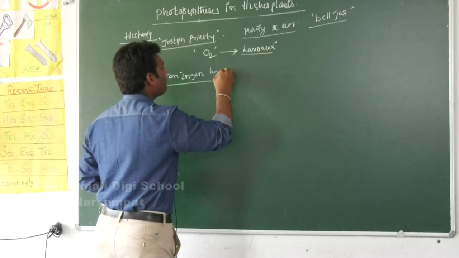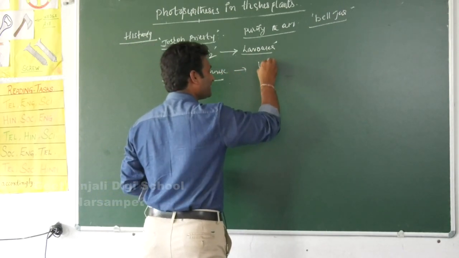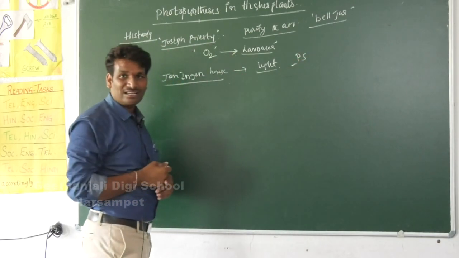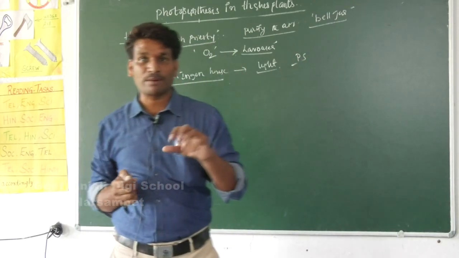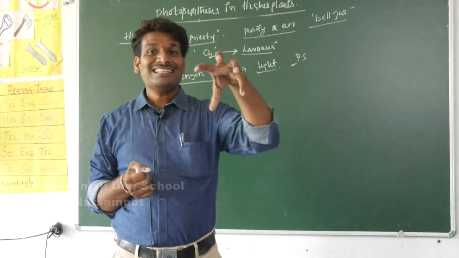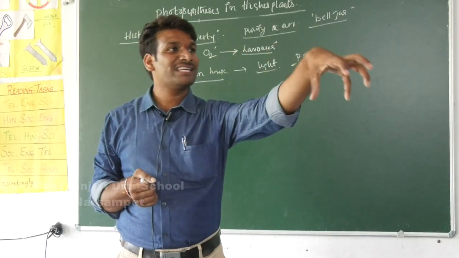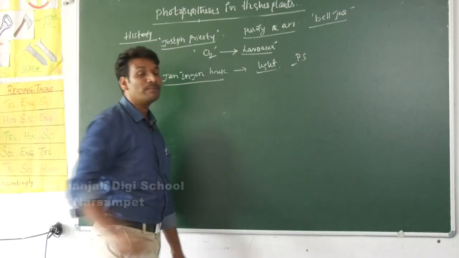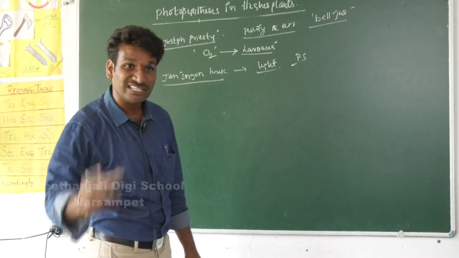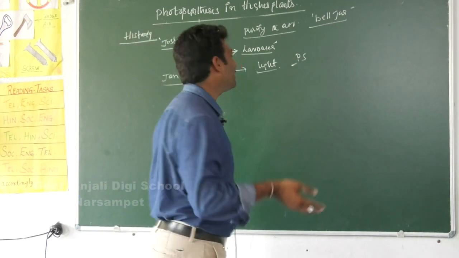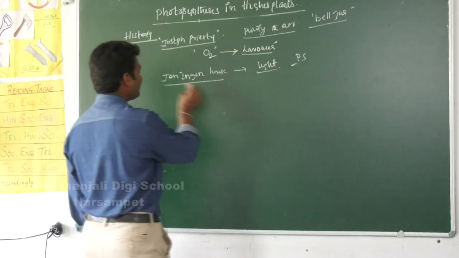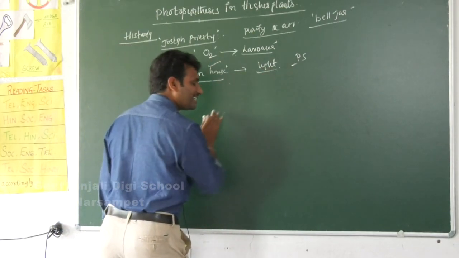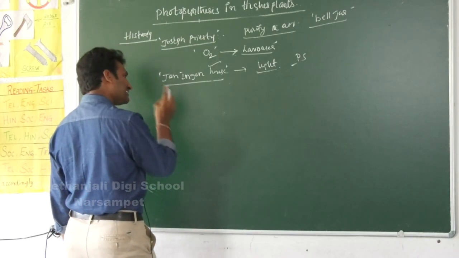he told the importance of light inside the photosynthesis. Just now we discussed the hydrilla experiment in our previous class. In this hydrilla experiment, whenever we keep it outside in the presence of sunlight, then only bubbles are formed inside the photosynthesis. If we keep it inside the dark, oxygen will not be produced. Means John Ingenhousz explained the importance of light inside the photosynthesis. And next,